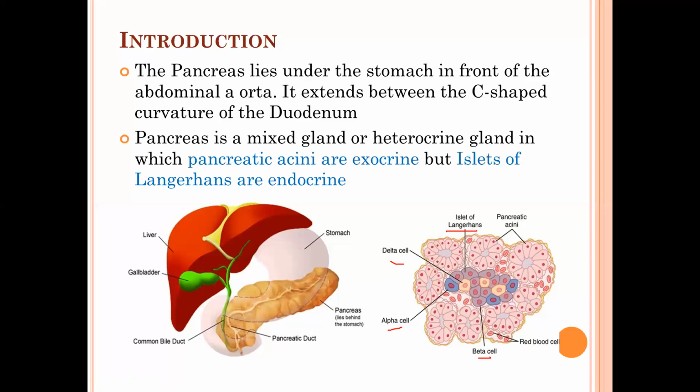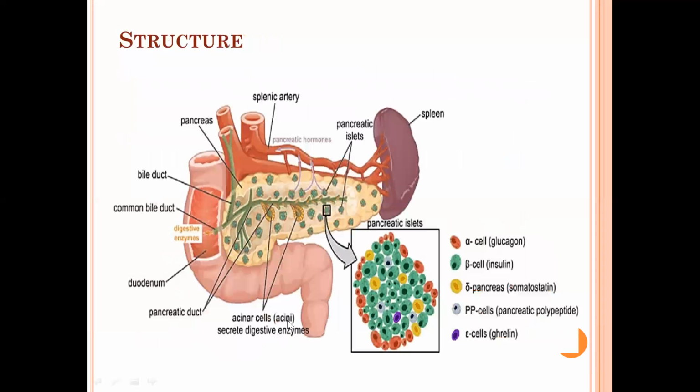So here you can see the diagram of pancreas. Pancreas is a leaf-like structure located below or at the base of the stomach, opens into duodenum. So this leaf-like structure having head, neck, and a tail. The tail portion contains more amount of islets of Langerhans. Islets of Langerhans are scattered here and there. In this diagram, you can see it clearly.